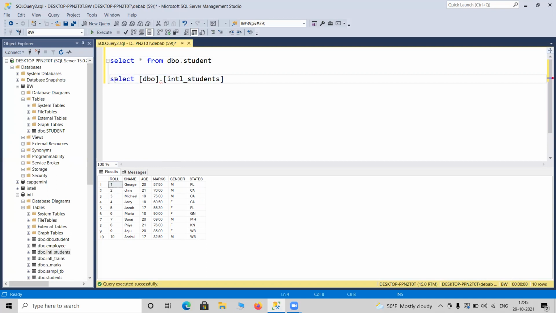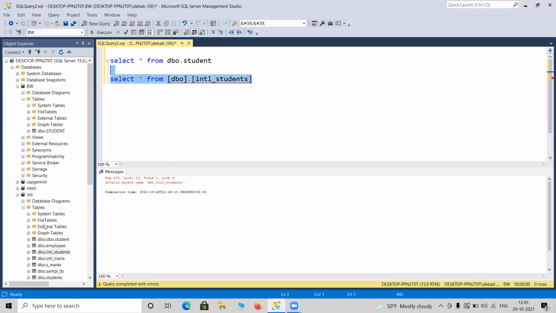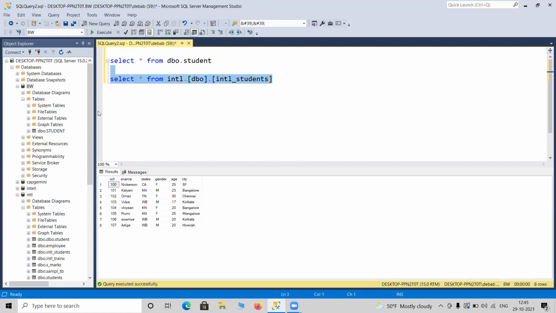If you simply write select star from this, it will not work. It will say this table is not available in our database, that is BW, because we are working in the BW database. But the table is currently in the INTL database, so how can we check that? You just need to mention the database name at the start of the table name. Now if you check, it gives you the table sitting inside that database.